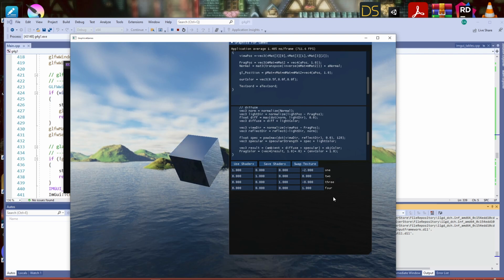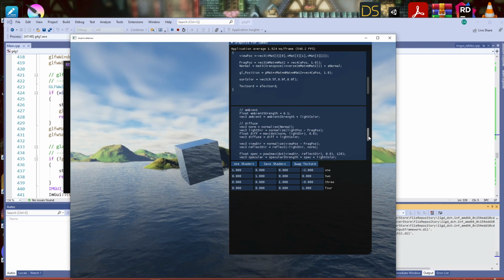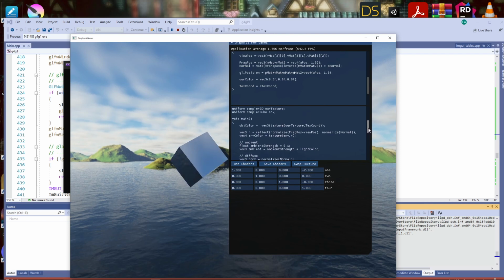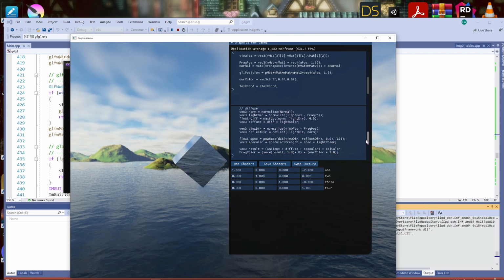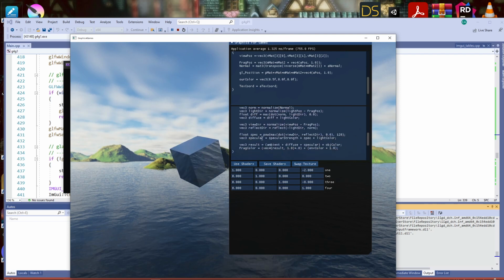I think the problem is that the distance at which the environment map is being sampled doesn't seem just right. But we'll see if I can improve that by the time I put out the sample code here. All right.